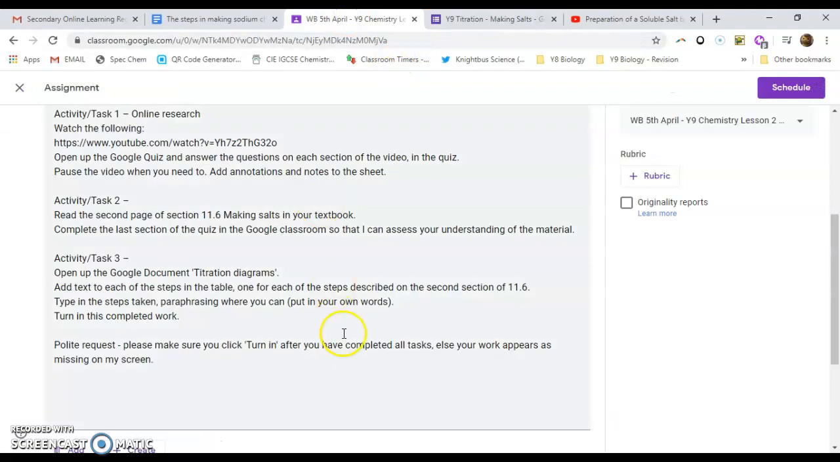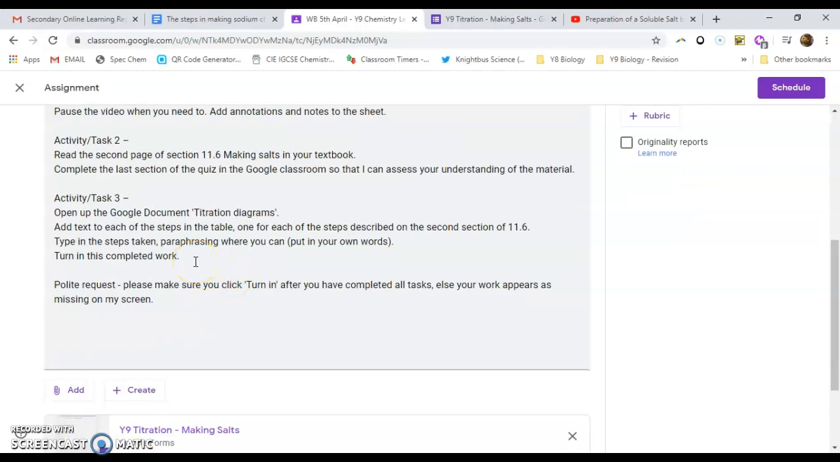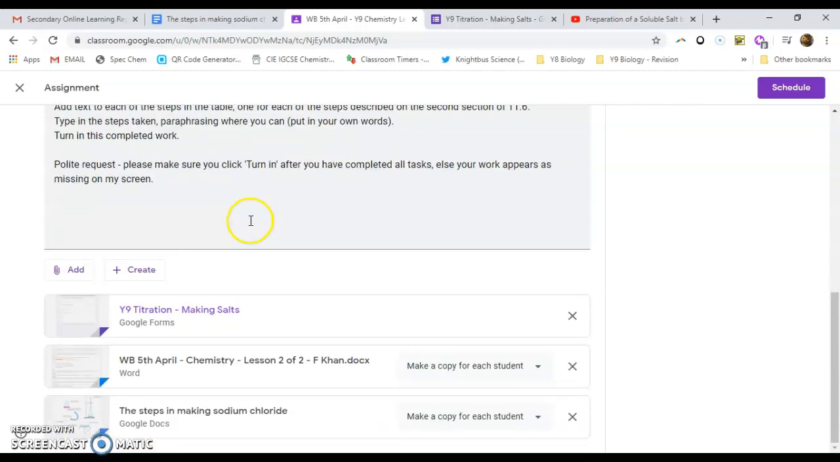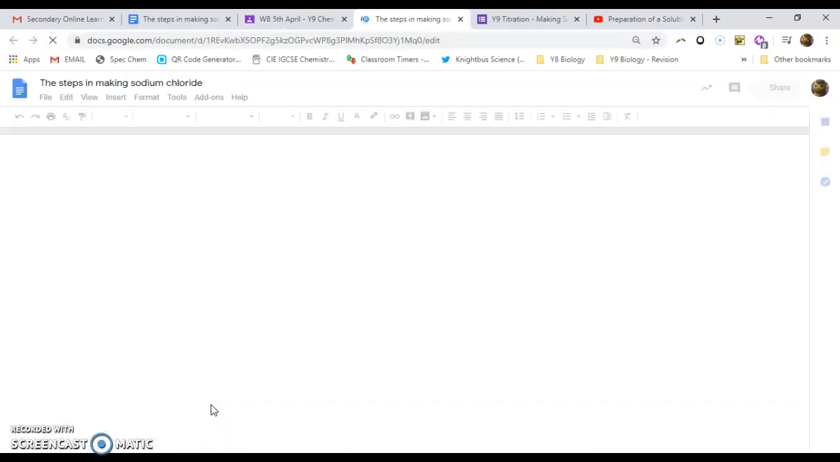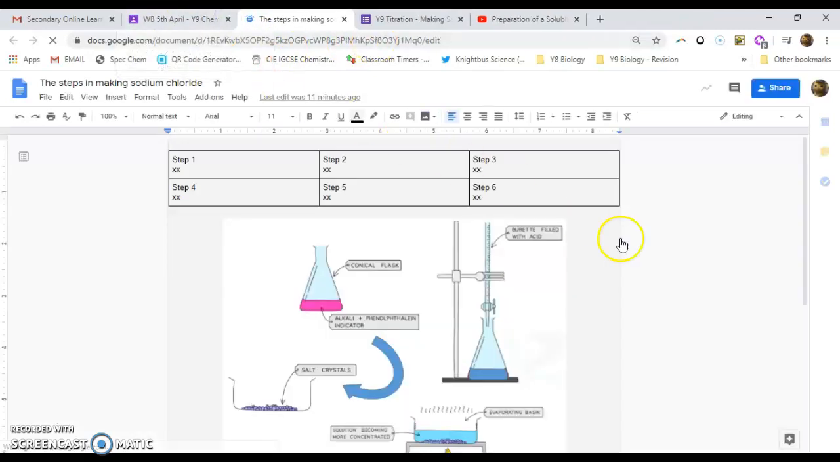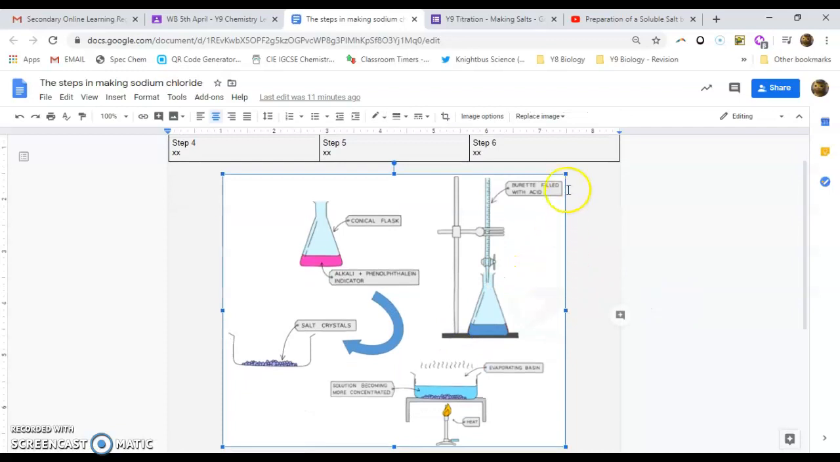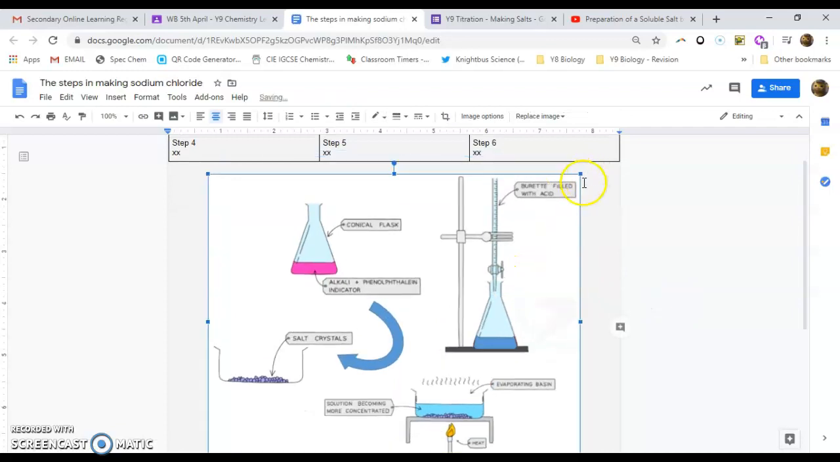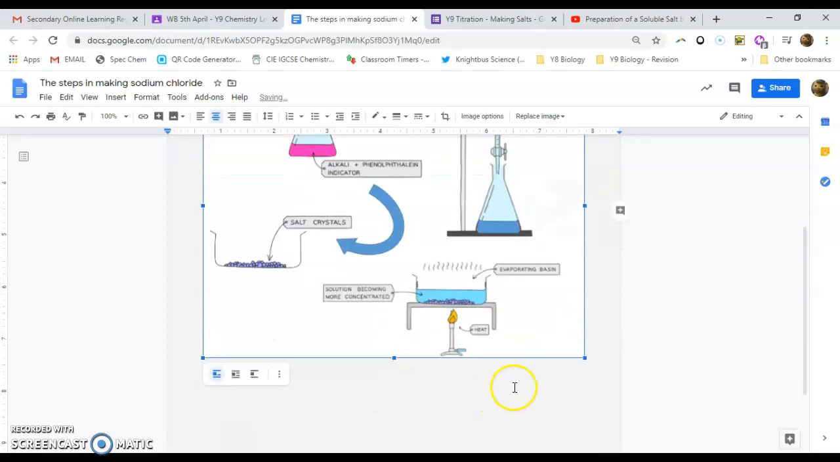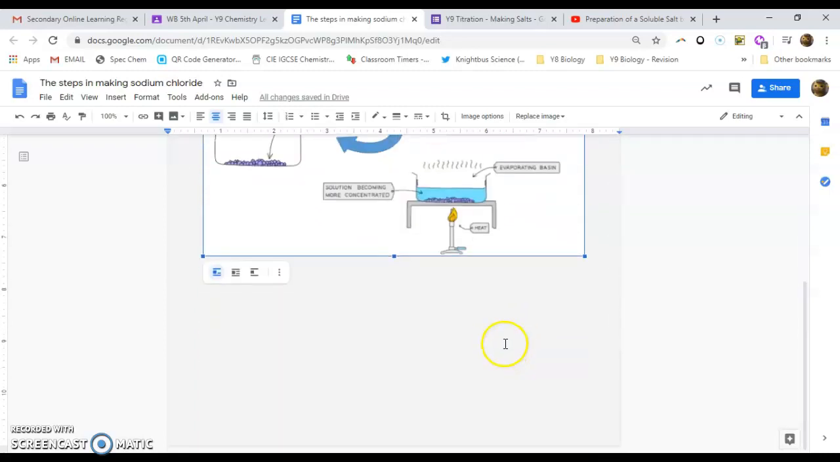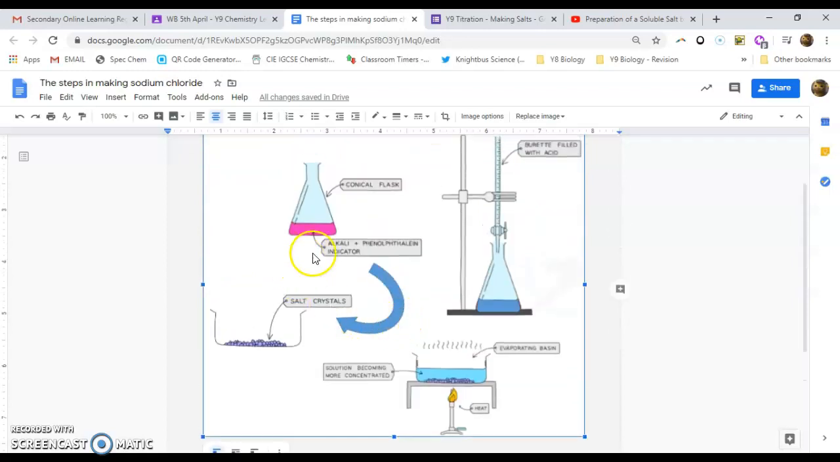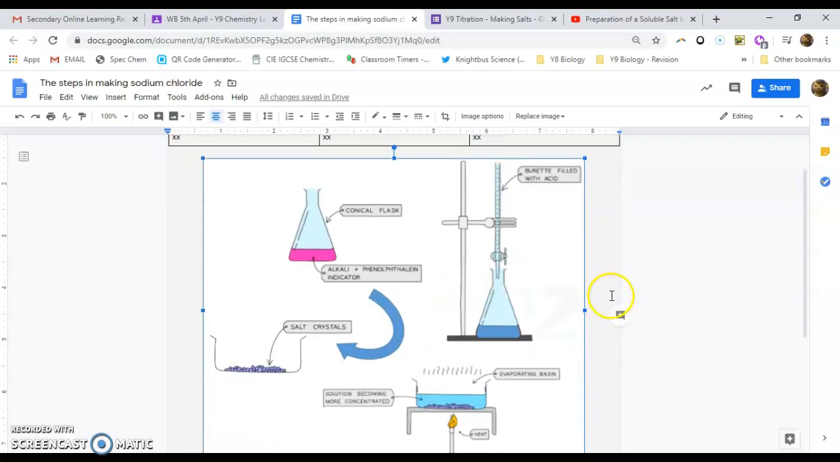Now the final task that I've asked you to do is this. So what you'll need to do is you'll need to open up the Google document, titration diagrams. Now this is a Google document, so all you'll need to do is just click on the document itself, okay? But once you open that, you'll see that there is a large image, and that image is like a cartoon image of everything that's going on in the experiment that you have been studying. Now you'll see that the blue arrow shows the direction in which the experiment's being taken, but there are no